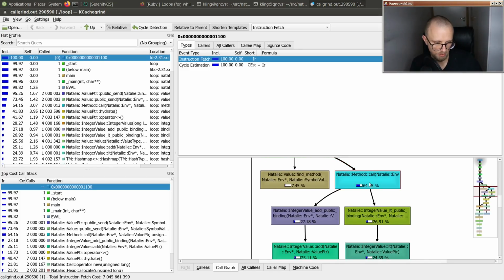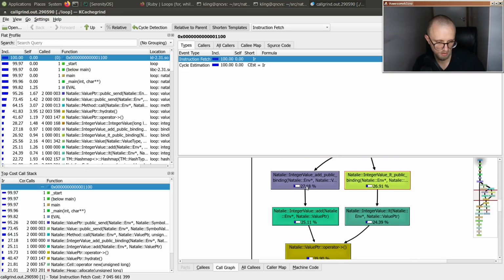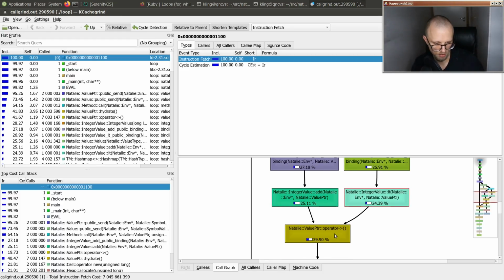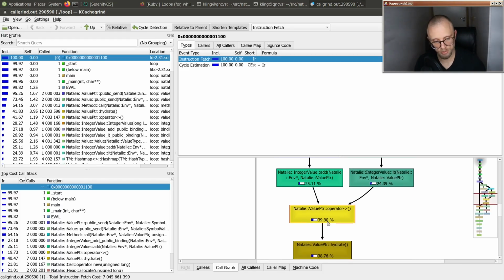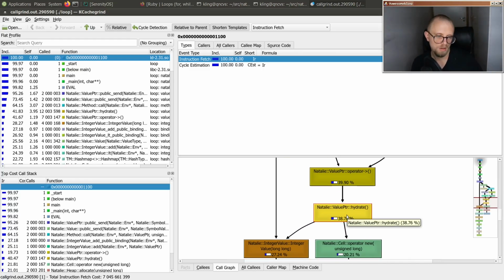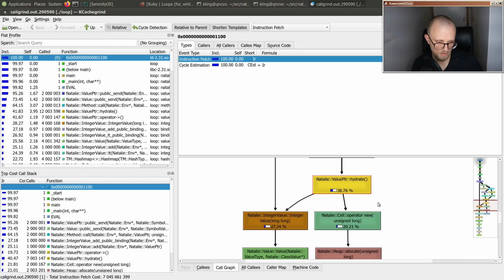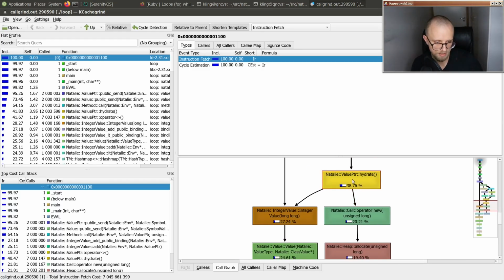Okay, so then we are calling two main methods: integer value add public binding and integer value LT public binding. And then they just forward to member functions in the integer value class. And both of them call value putter operator arrow. And then that turns around and does a hydrate. And aha, okay, so now it gets interesting, right? So here we can see that hydrate